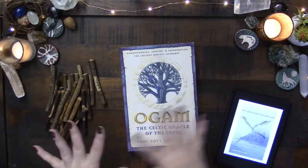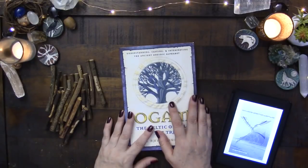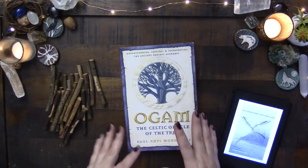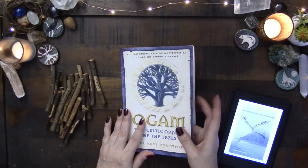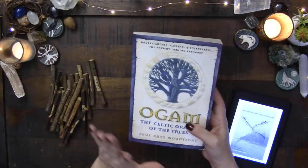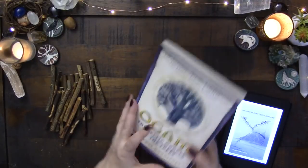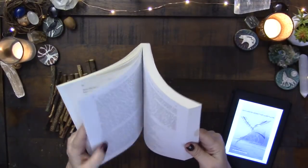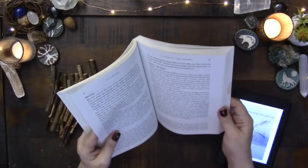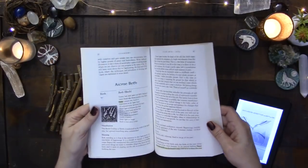As you have seen, many of the books that I have are guidebooks that came with the decks, and those are wonderful resources to use. So much of my material came from that source, and from web pages and things of that nature. I do have Ogham, The Celtic Oracles of the Tree by Paul Rhys Mountfort that Bella had also sent me. I love this author's book on runes, and I like this book as well, even though, again, I might not go 100% for all of it. What I love is that there is, for example here,